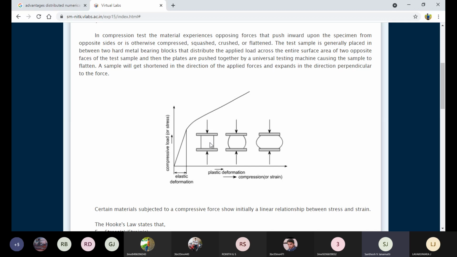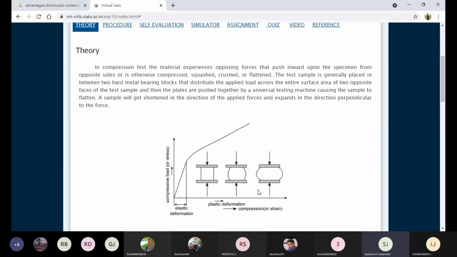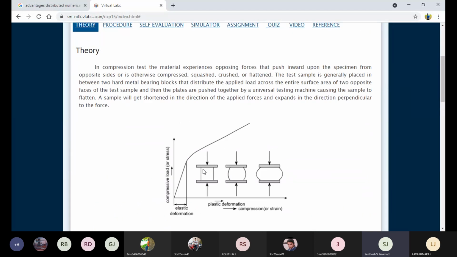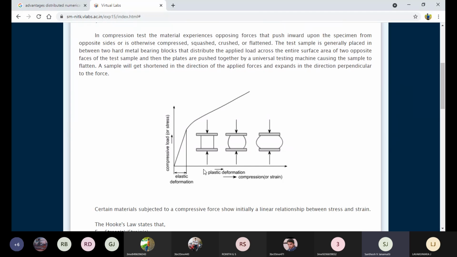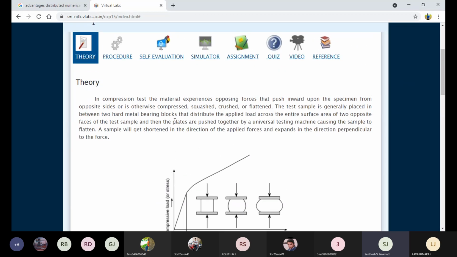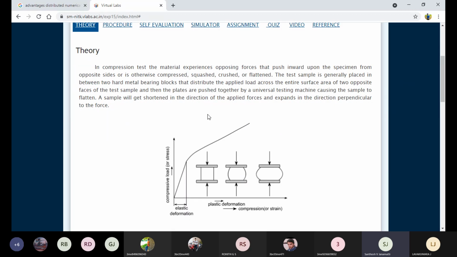So this is the reverse of the tensile force. You can see now we are compressing these samples, right? So the definition is the ability of the material to, what? The ability of the material to resist the compression load.